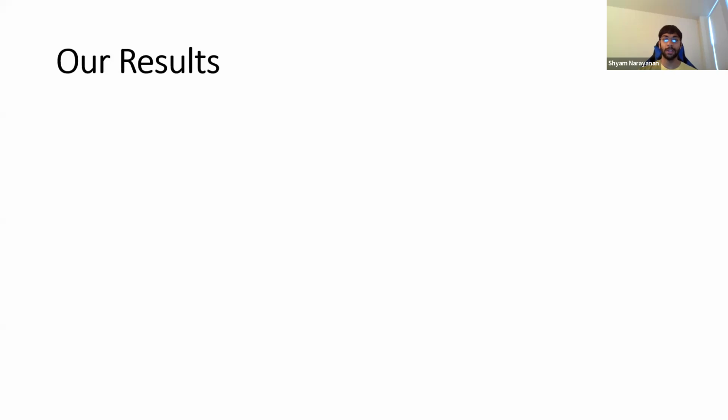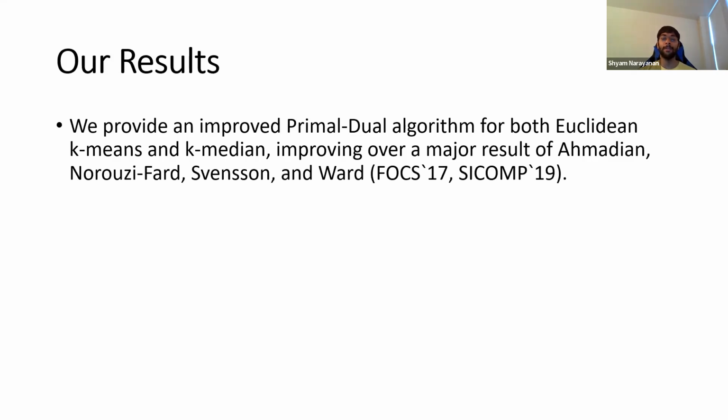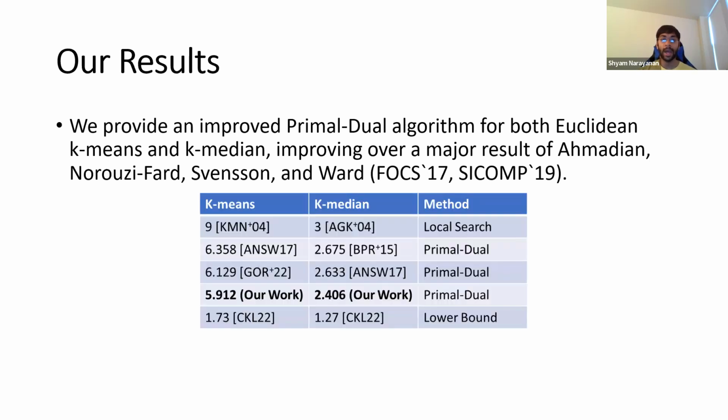So our results are as follows. We are able to obtain an improved primal-dual algorithm for both Euclidean k-means and Euclidean k-median. And this improves over a major result of Ahmadian, Norouzi-Fard, Svensson, and Ward. We have highlighted our results in this table. We get a 5.912 approximation for k-means, which improves over the previous best of 6.129. And we also get a 2.406 approximation for k-median, which improves over the